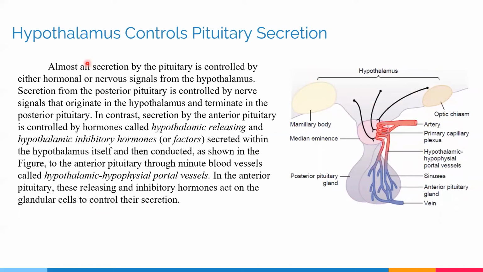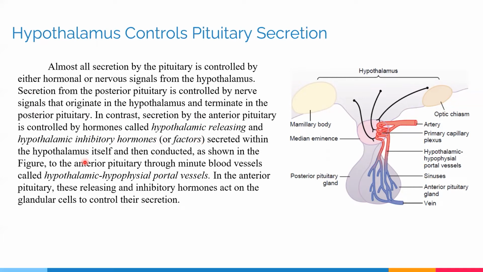Next, we look into how the hypothalamus controls pituitary secretion. Almost all secretion by the pituitary is controlled by either hormonal or nervous signals from the hypothalamus. Secretion from the posterior pituitary is controlled by nerve signals that originate in the hypothalamus and terminate in the posterior pituitary. In contrast, secretion by the anterior pituitary is controlled by hormones called hypothalamic releasing and hypothalamic inhibitory hormones, which